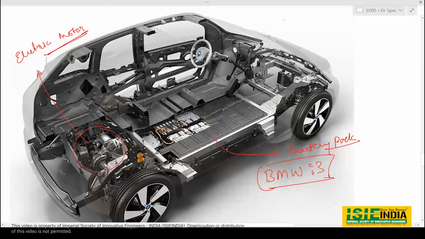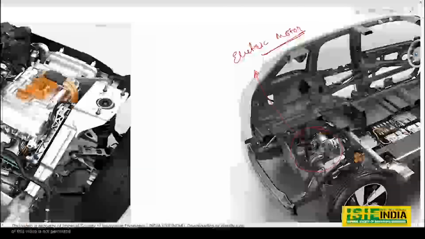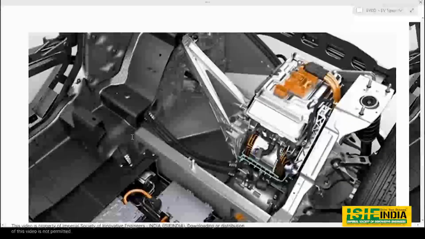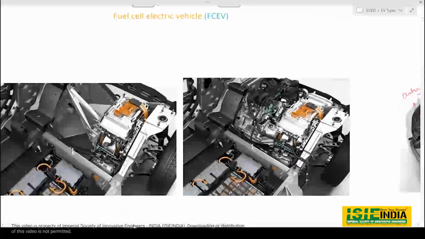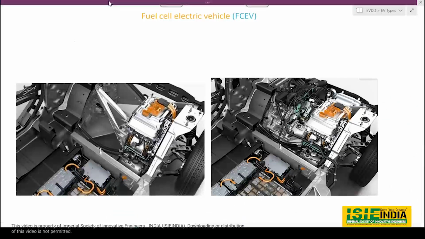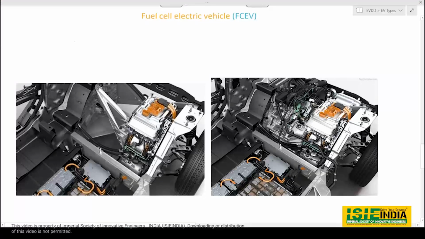So primarily this BMW i3 is an electric vehicle, right? But if I come to this picture now, over here we have the motor, right? So this is the electric vehicle, the BMW i3. Now, when you are going to buy the BMW i3,